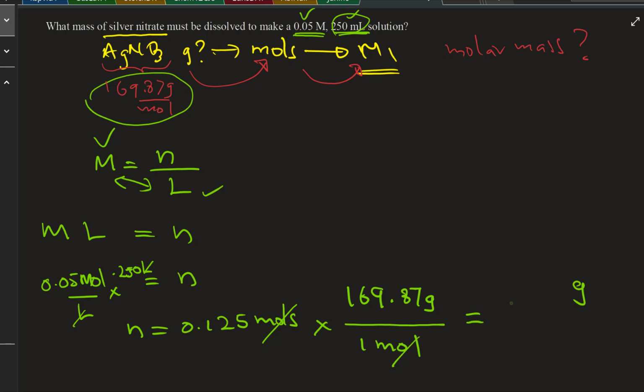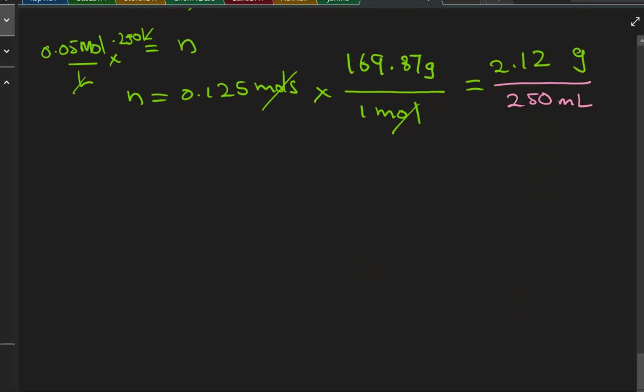Now, how many grams? Let's do the calculation here. So 2.12 grams. So that's the answer. And it should be dissolved in the 250 milliliter of distilled water. So that's the understanding. Now, if you have a question about how do you do it, you